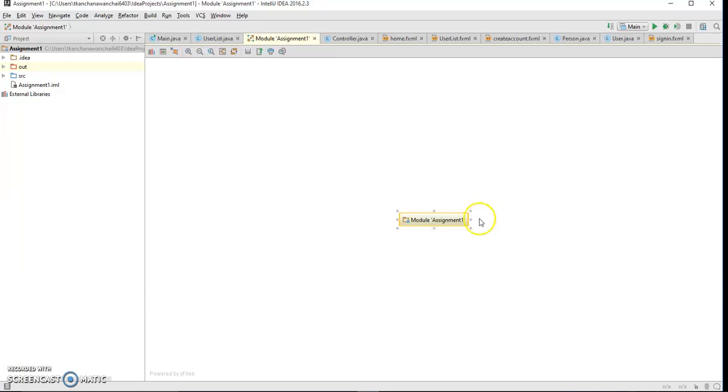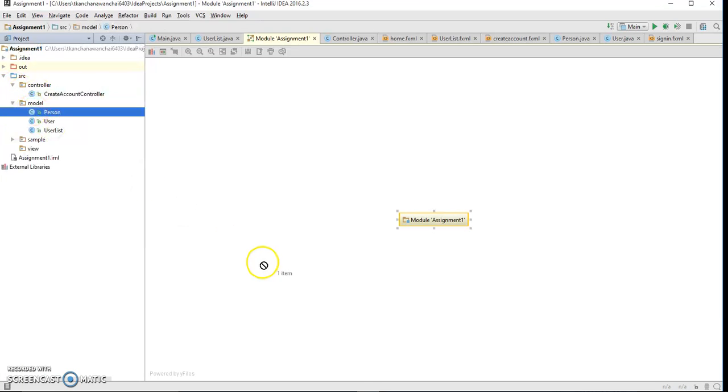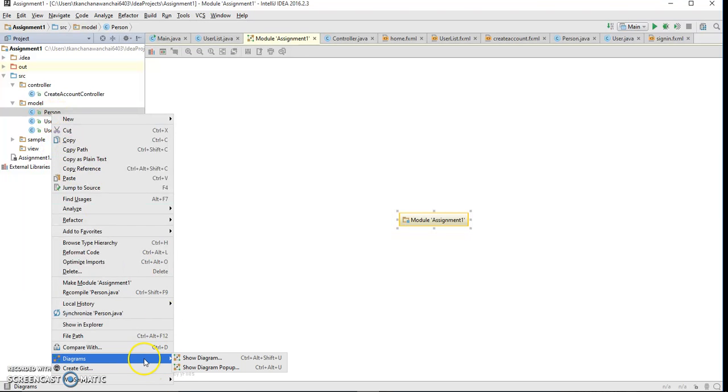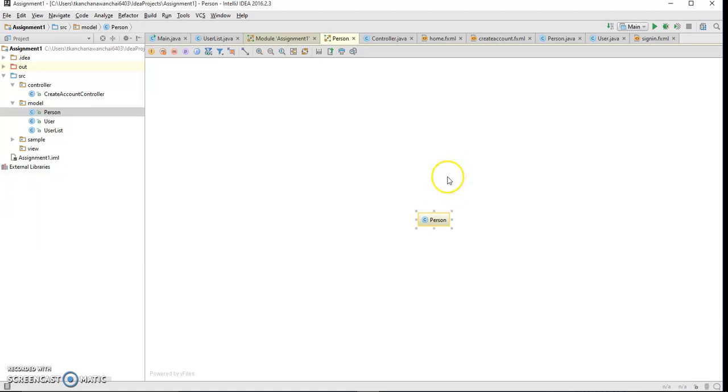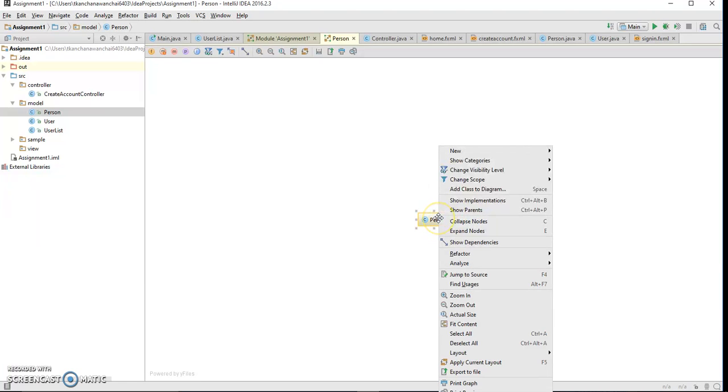And then, for example, let's say you want the models, Person. You might want to do the same: right click, Diagrams, Show Diagram. So you get a Person diagram, right? You right click,